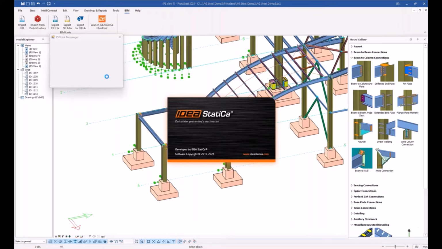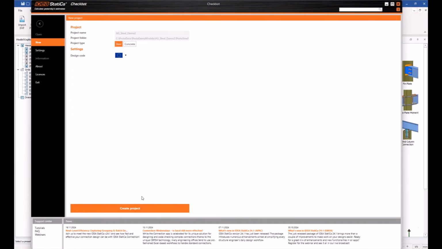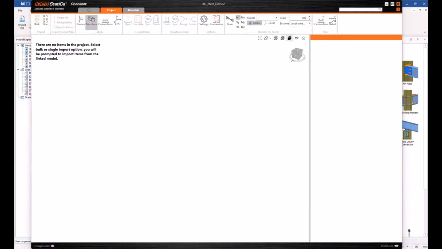Let's launch this link, and when we launch the link, Protosteel pops up a dialog box. This should remain there in order to keep the link alive. If it is the first time opening this project in IDEA StatiCa, the fields are already filled, you just need to click Create Project.